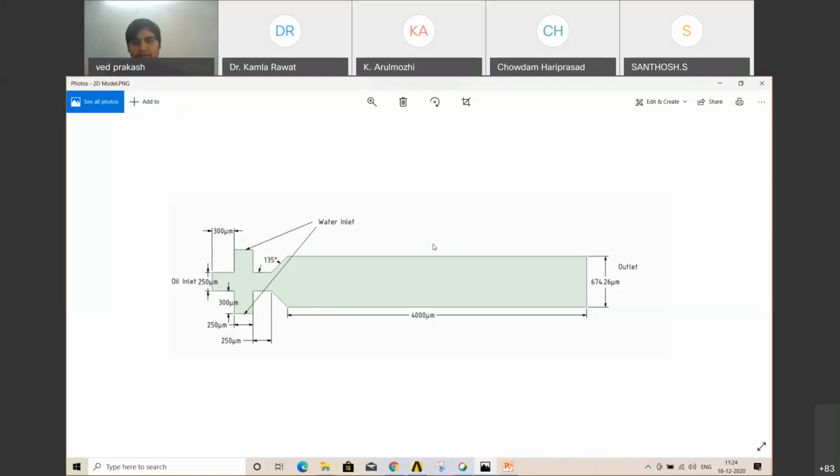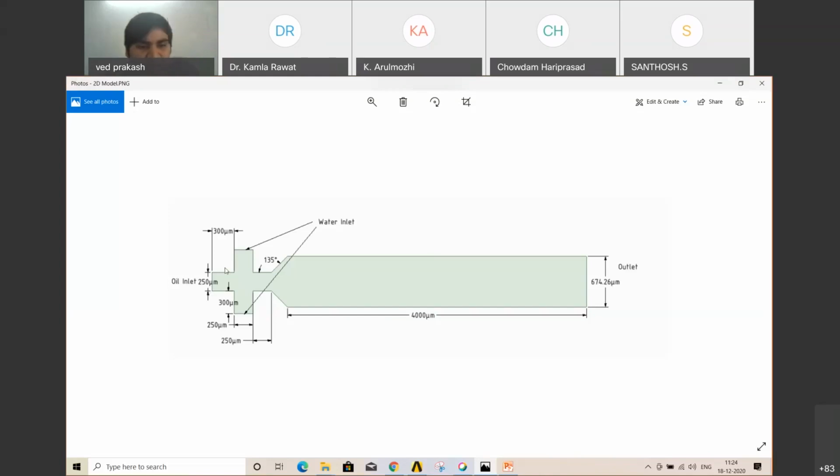Class. I have already taken one lecture, and in the last session we discussed how fluid behaves in a T junction, T pipe, T joint pipe. But we did not talk about it at micro levels. So today I tried one geometry with micro dimensions, so it will give you some idea of how you can design your geometry with micro channels.